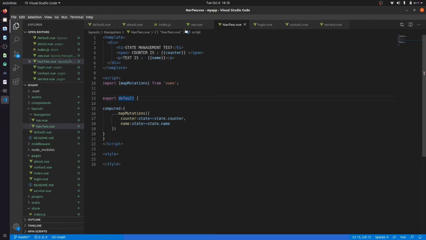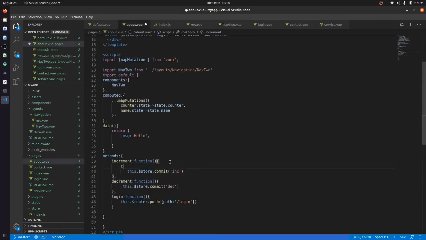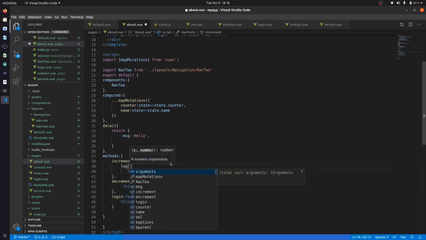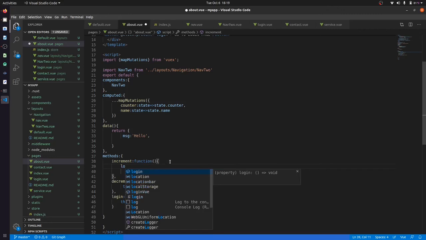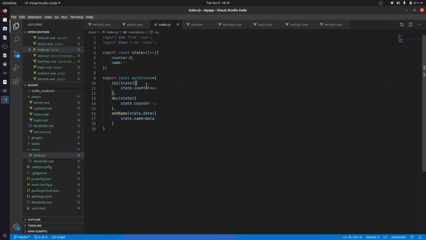Let's give some console logs here. Inside increment, we give a log, save. Let's come here, inc, save.